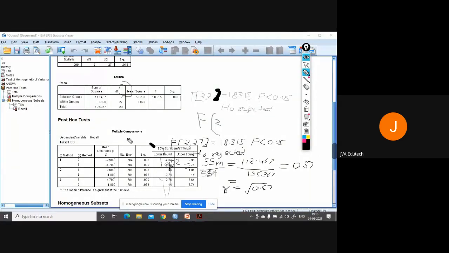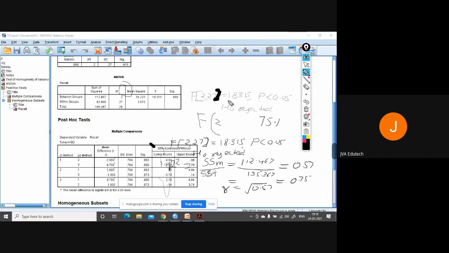It will be equal to 0.75. So the effect size is equal to 75%. So you can report that there is a significant effect of the different types of learning techniques on the recall ability of the students, with a high effect size of 75%.